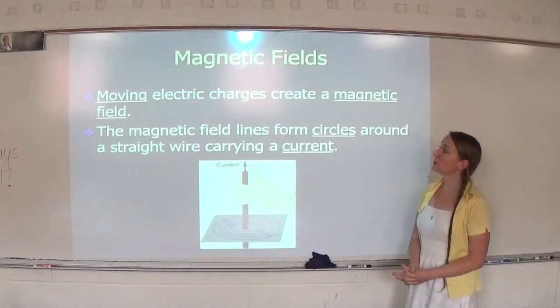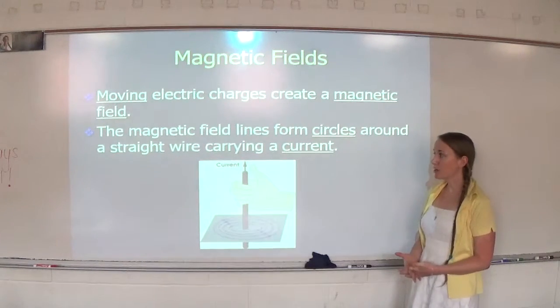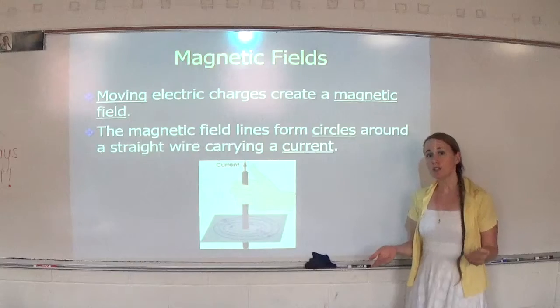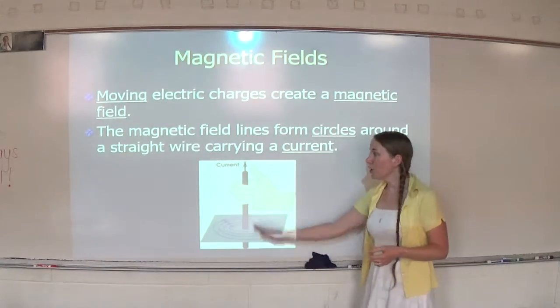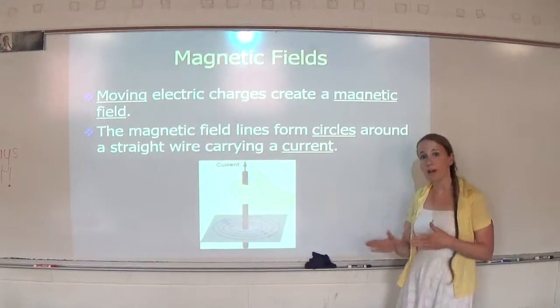Moving electric charges create a magnetic field. The magnetic field lines form circles around a straight wire carrying a current. So magnetic fields aren't just created by magnets. Even current or electricity traveling through a wire will create a magnetic field because you have those charges that are